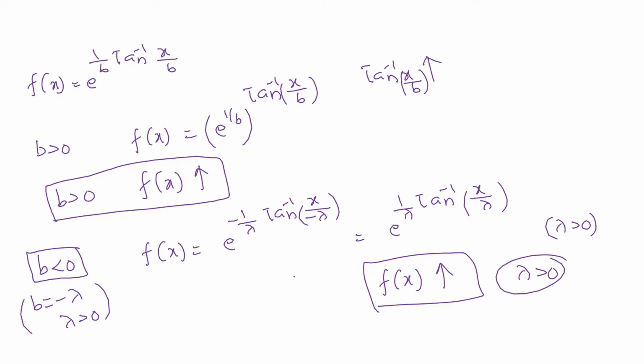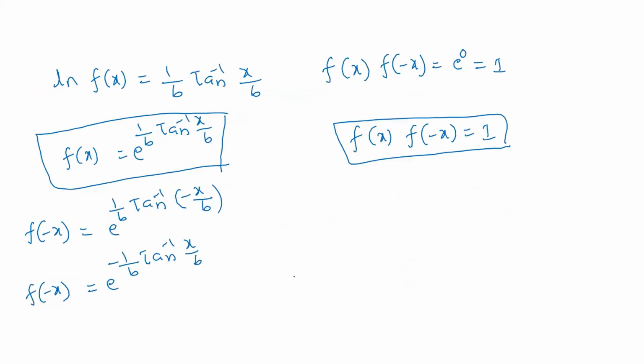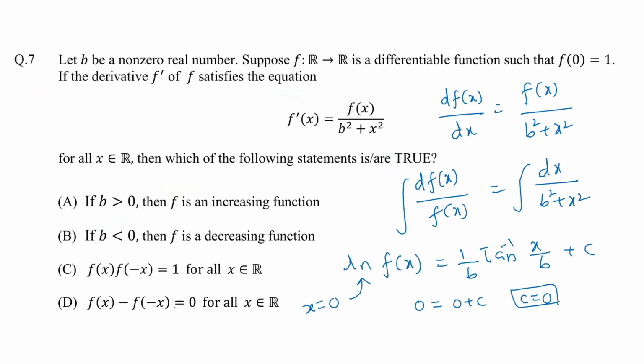So ultimately, what are the conclusions that we got while solving this question? The first one is f(x) into f(-x) is going to be 1, so that is your option C. If b is greater than 0, f is an increasing function. And if b is less than 0, f is also an increasing function, but here they have given decreasing function, so option B is wrong. And of course, f(x) minus f(-x) equal to 0: these two values are not equal, that you can directly see. So option D is also wrong. So for this question, we have the answer as